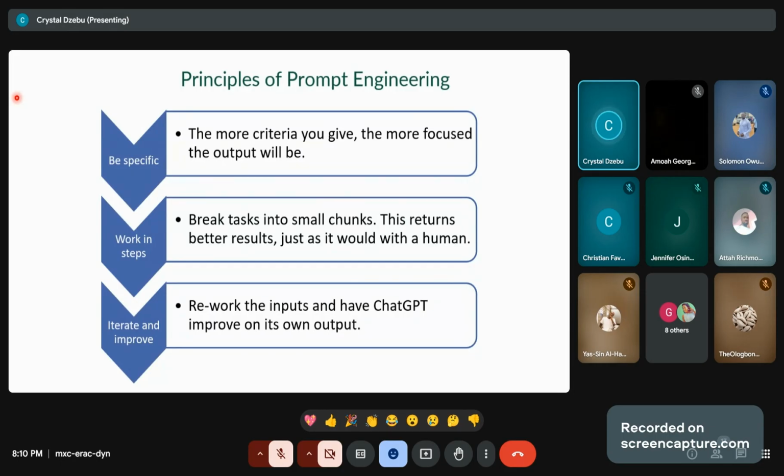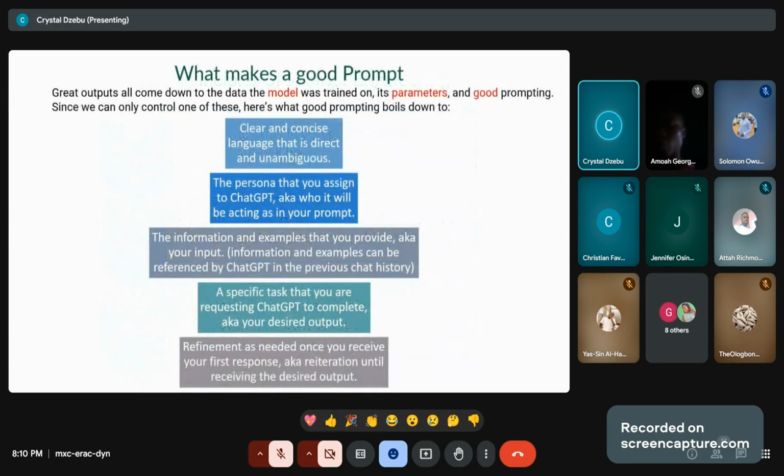So what you can also do is that you can break whatever you want to get information on into various chunks and then ask one by one. I will show you how to do that one also today practically. Then anytime you give a prompt, always make sure that you iterate, rework the input, and then improve on subsequent inputs. So those are the basic principles of prompt engineering.